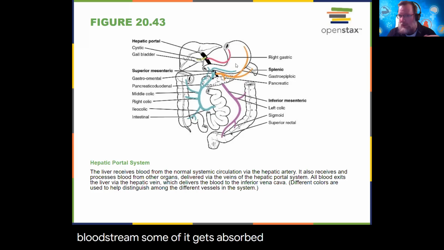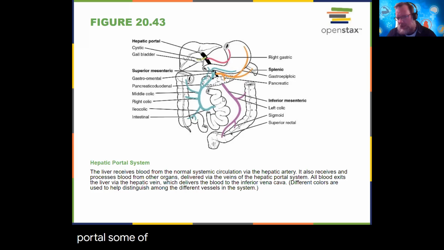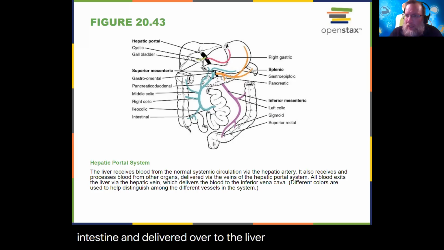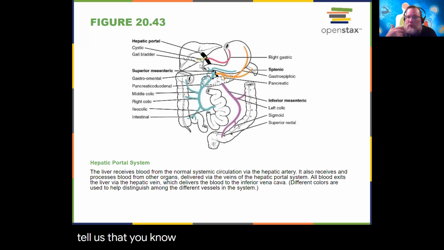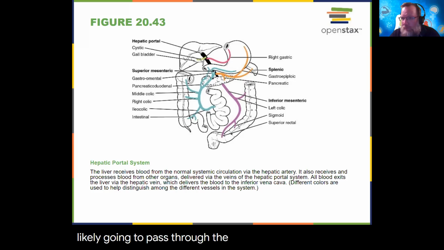Some of it gets absorbed into the stomach, goes right in through that right gastric, into the hepatic portal. A lot of it's going to get absorbed in the small intestine and delivered over to the liver. So that's why they tell us that certain medications, certainly alcohol, do a number on the liver, because the liver receives anything that is going into the mouth. Anything that is going into the GI tract is likely going to pass through the liver, and it may stay